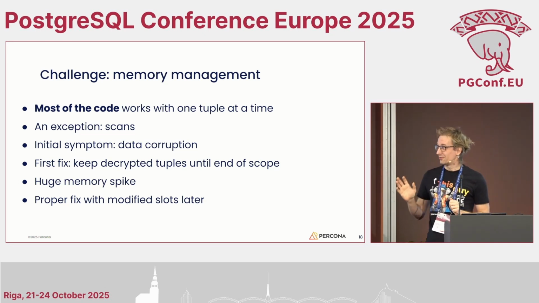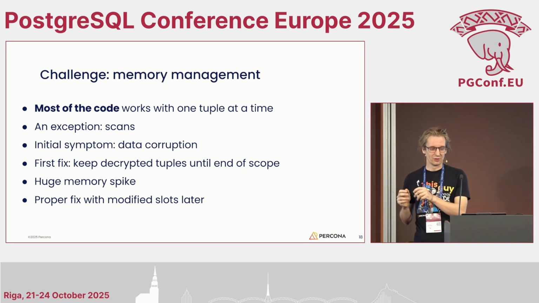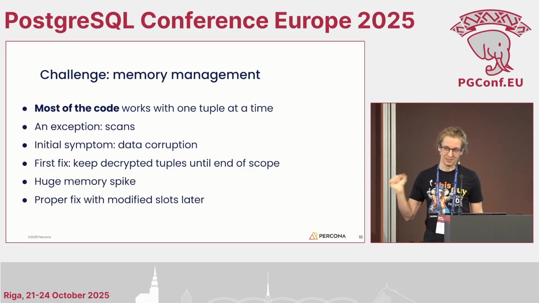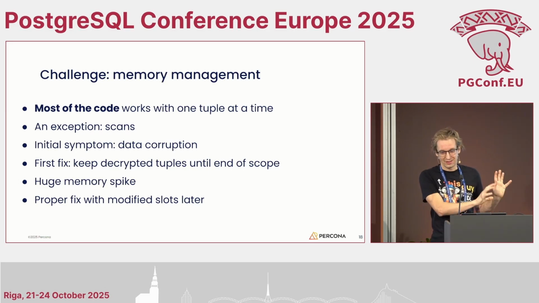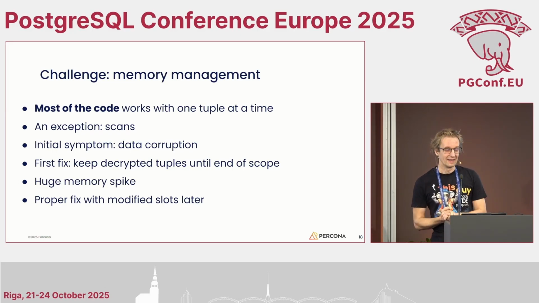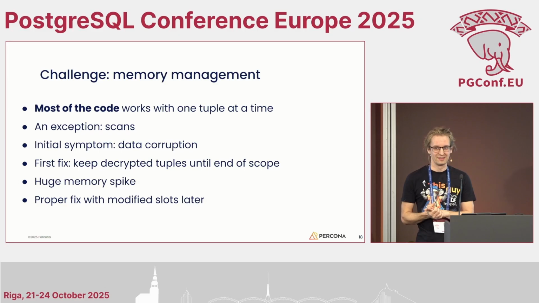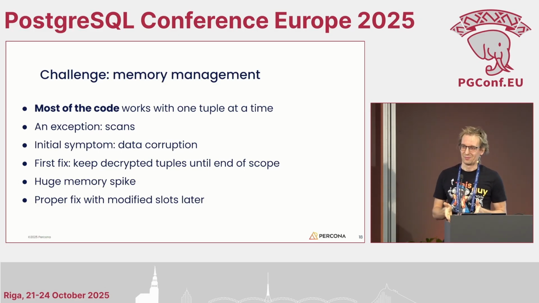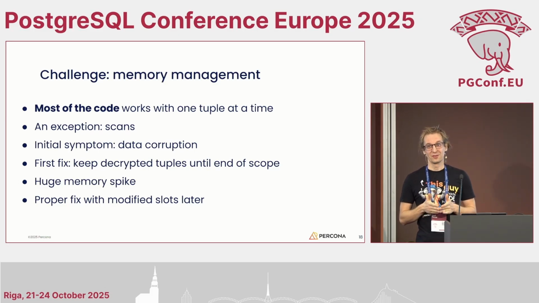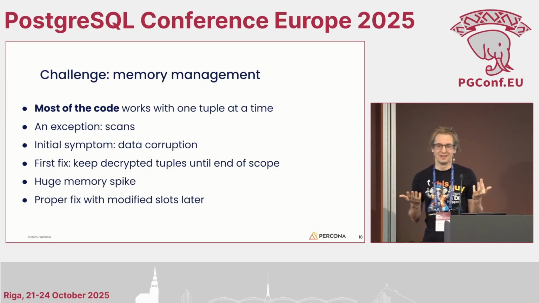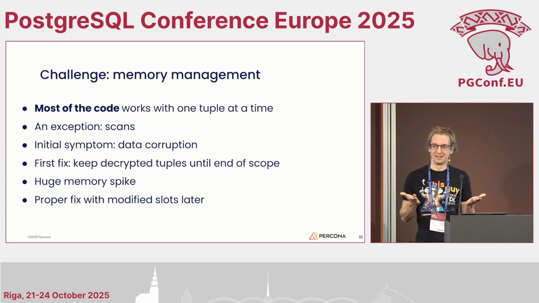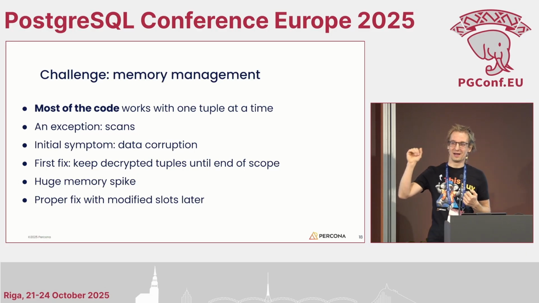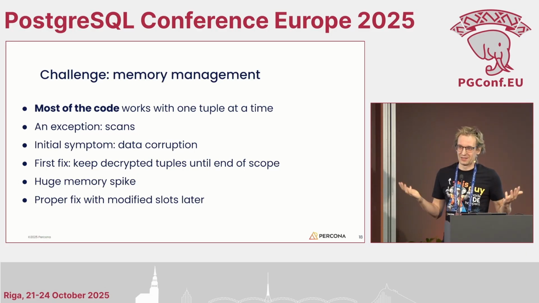So we just had a really quick fix, which was that instead of immediately forgetting about tuples, we decided to keep the decrypted data until the end of the statement, because this was a really simple way of trying it and hiding the problem. The problem is that this works very nicely for small queries, but let's say that we have a table with 20 gigabytes of data, or maybe terabytes. If we do a sequential scan on the entire table, and we keep all decrypted records in memory until the statement ends, that means we have to keep the entire table in memory, which causes huge memory spikes. And of course, it's plain impossible for really big tables.